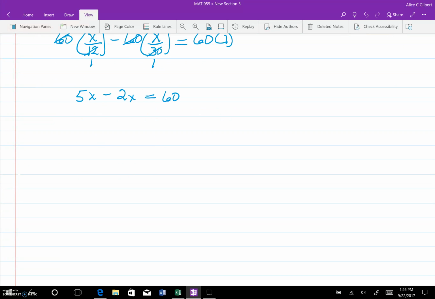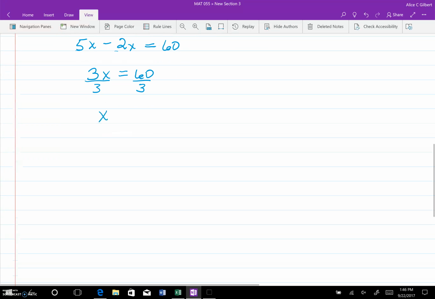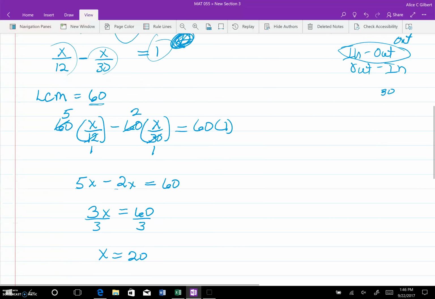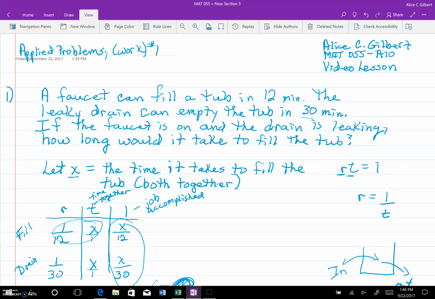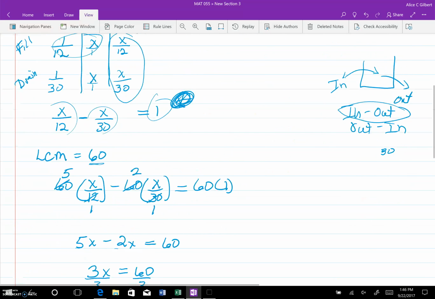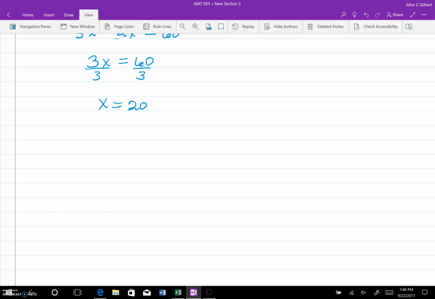Well, 5x and 2x are like terms, so I'll keep the x part and then just look at these. That's an addition problem whose signs are different, so I subtract the small number from the big number, keep the sign of the big number, and that gives me 3x equals 60. Now I need to get the x by itself, so I divide by 3, and I get x equals 20. But remember, guys, this is an applied problem, so it means I have to have a complete sentence for my answer. So it will take